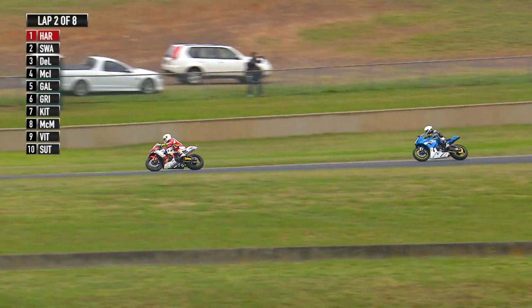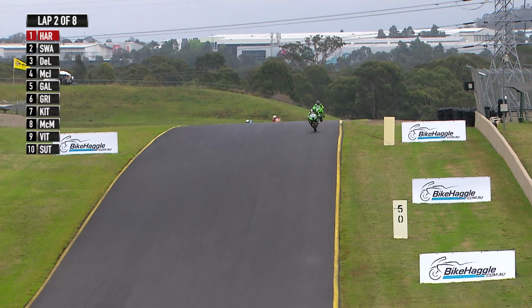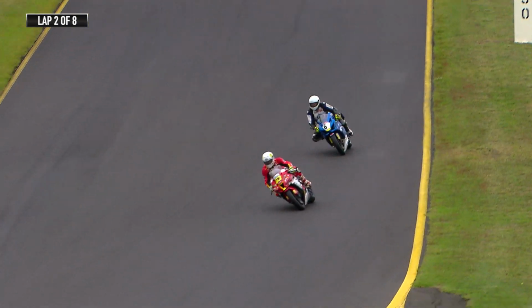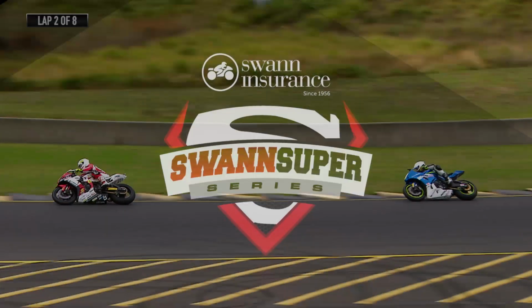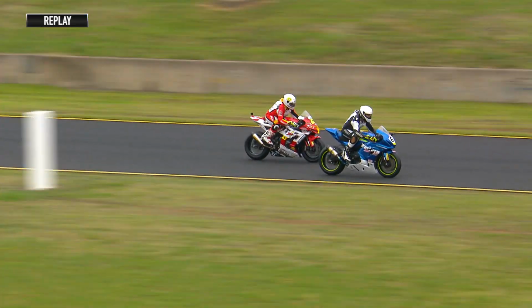Yes, a great ride there. Big manoeuvre into Races World, coming through Sydney Motorsport Park, ride days by Dominic De Leon, but looks like it's all Matt Harding at the moment out in front. Yes, although you've got to say that his fellow Kawasaki Connection mounted ZX10R rider, as we take an opportunity to